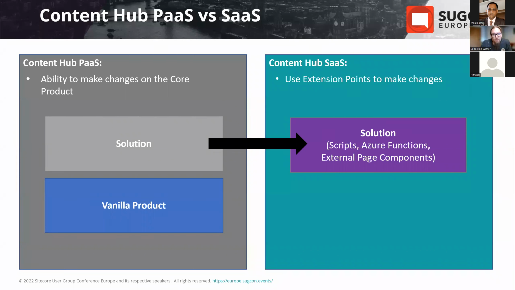Now, coming to that, all the code we had before on the PaaS solution, we cannot just port it out, which means there is a code base that we need to change. And going from PaaS to SaaS, there is no code that you can just copy paste. You need to migrate all of the code and basically redo that. So yeah, we had to come up with a migration path,